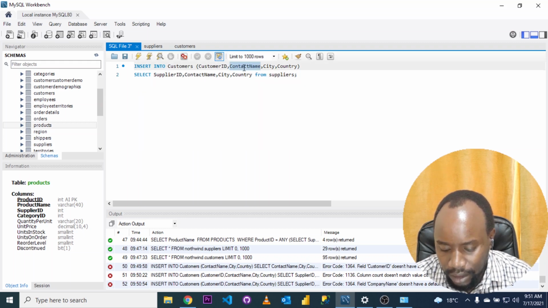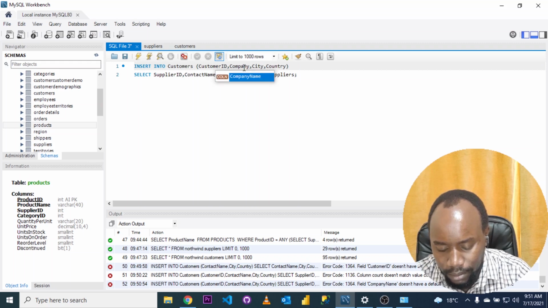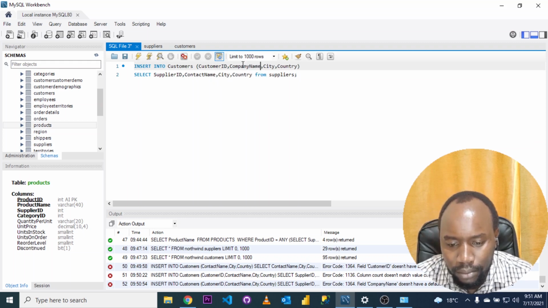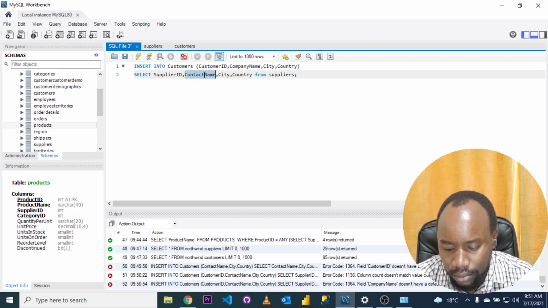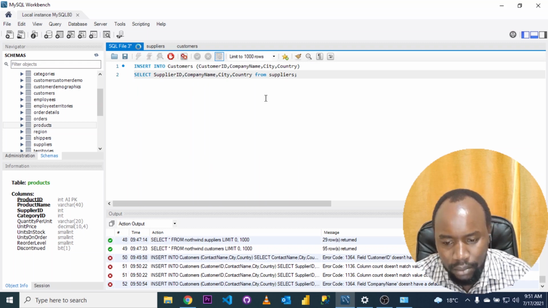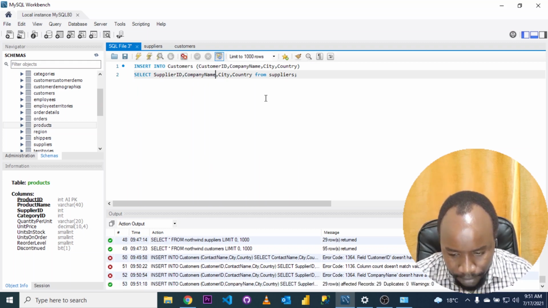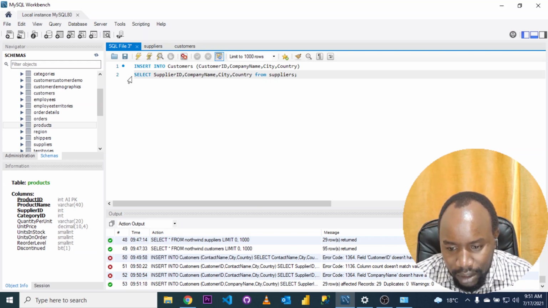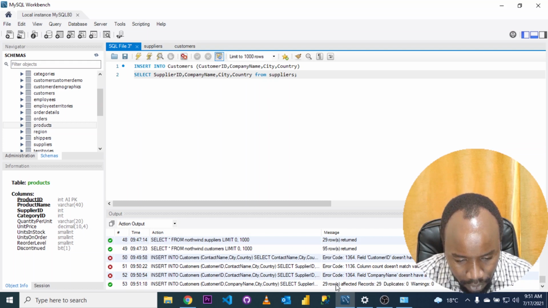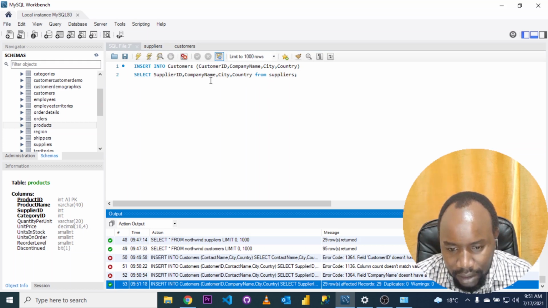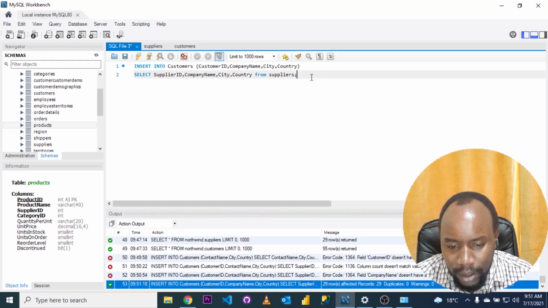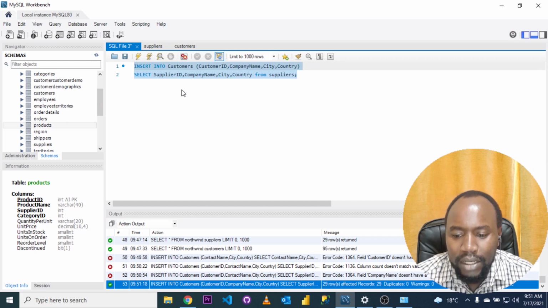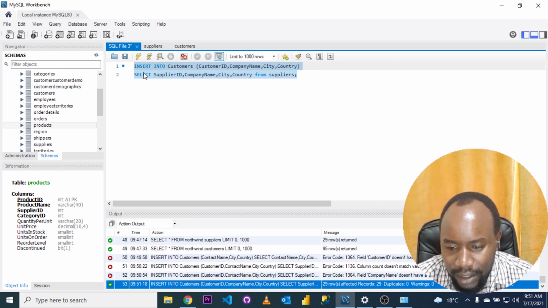Okay, let's use company name. So it has copied the suppliers to the customers table. 29 rows are affected. Okay, so that's how we copy data from one table to another using the insert into